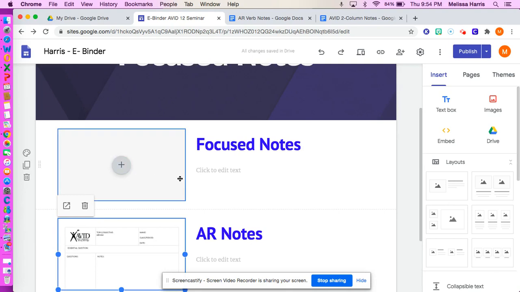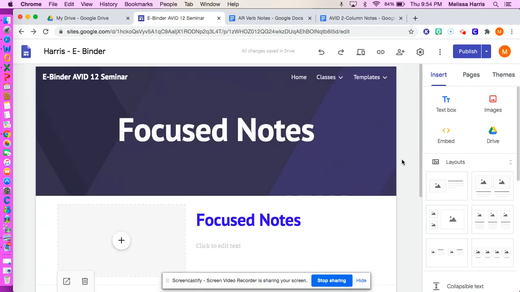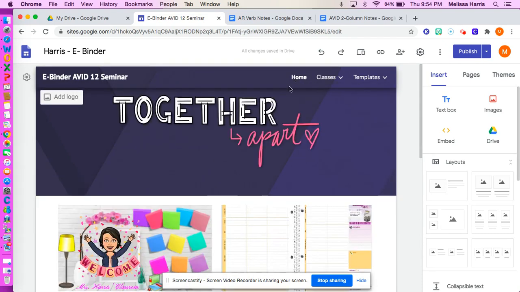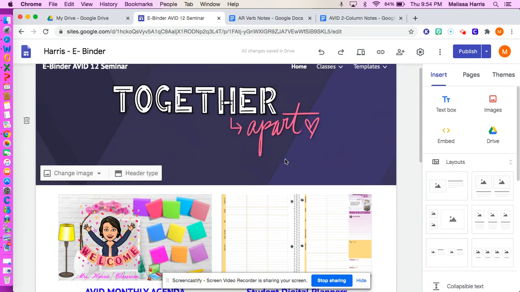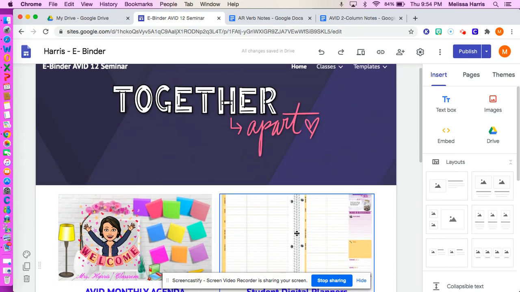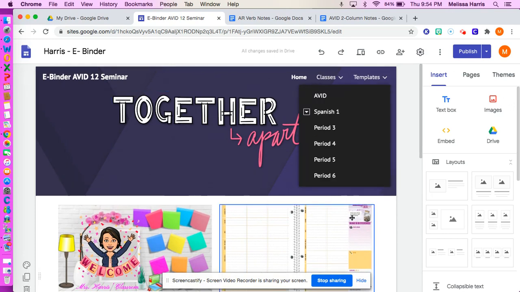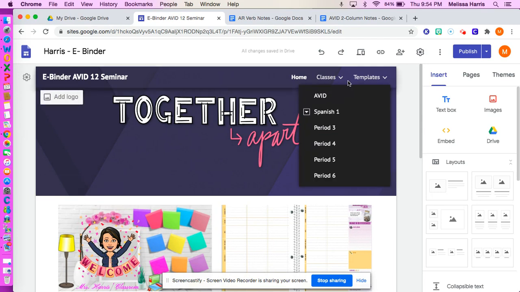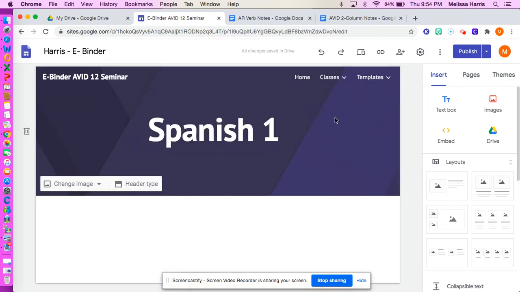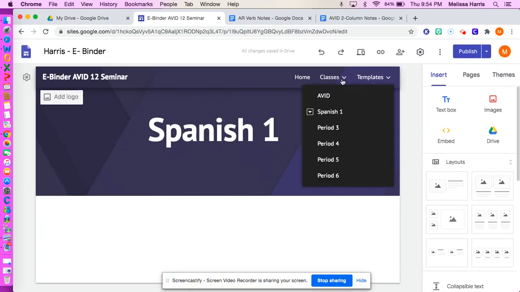So this is just some suggestions on the way that you can do it. The main thing to remember is this binder is basically a place where all your documents can live. When I'm going to do a focus note check, when I'm going to do a TRF check, I'll be looking within here. So please, again, decide how you want it to be organized, but I can't stress enough, I really suggest that,